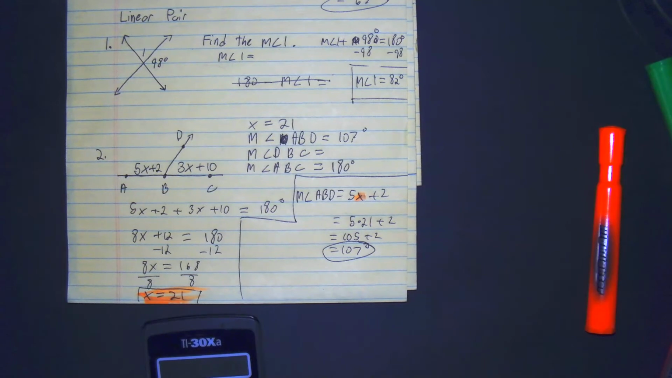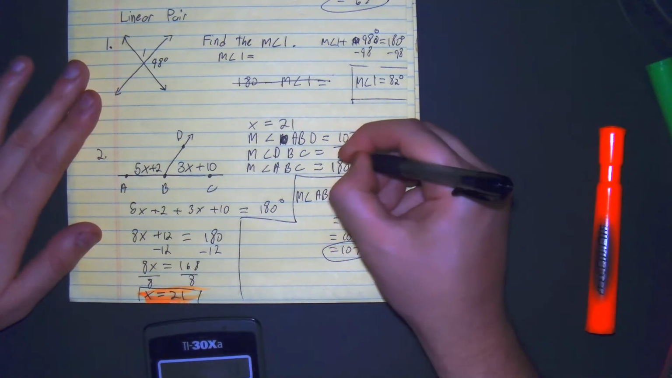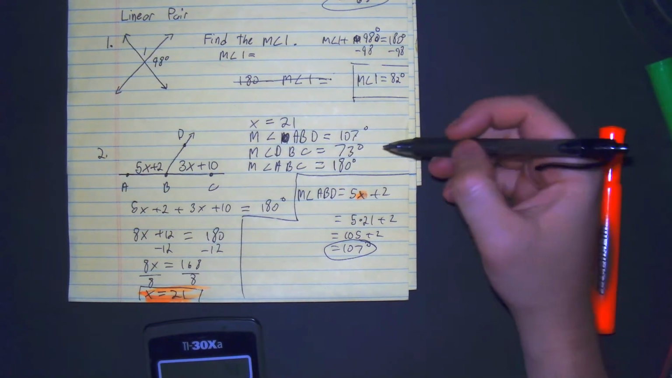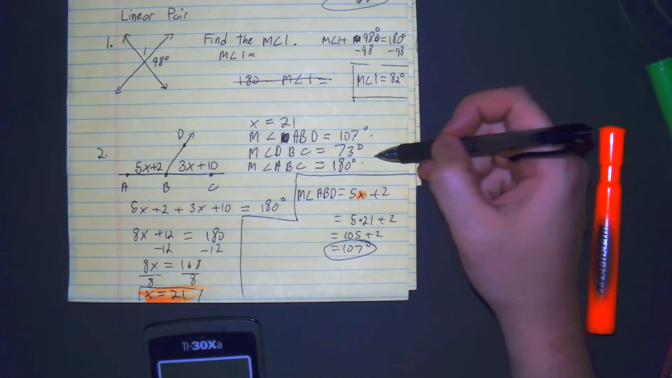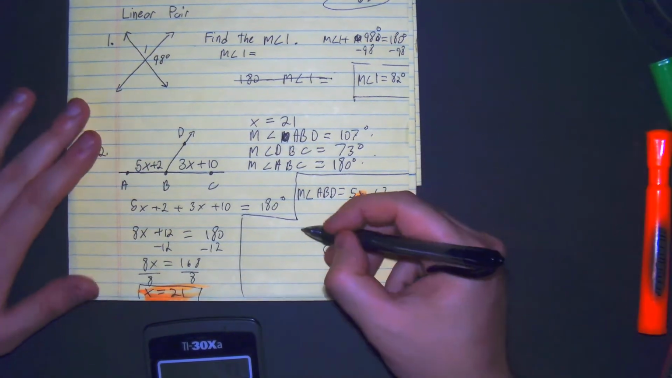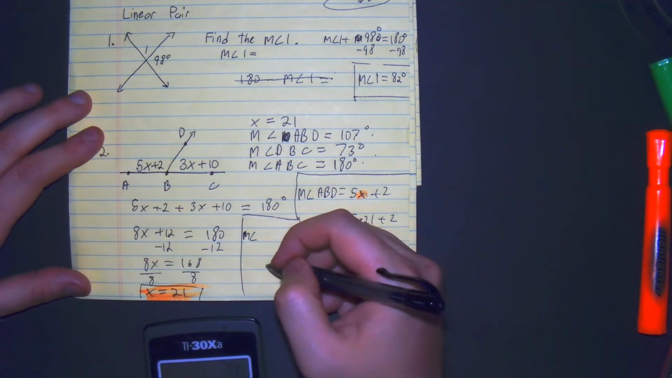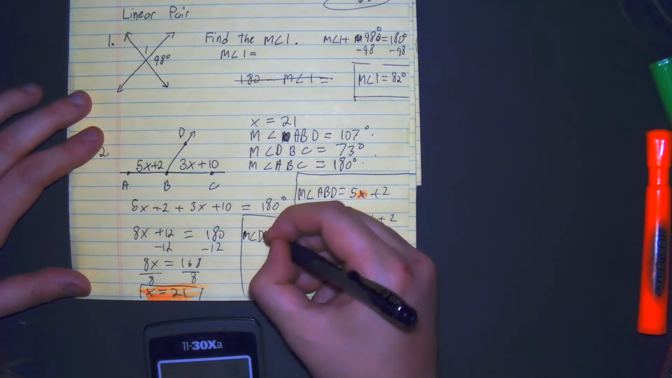If we want the other angle, you could do 180 minus 107. You would get 73 degrees. The only reason I know that right away is because we could just do 180 minus 107. Or you could just do it the long way and just do the measure of DBC,